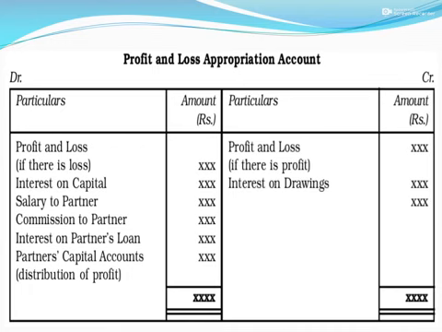One more thing we have to keep in mind, interest on partner's loan. We have to treat it in two ways. First, we can subtract it from the net profit on the credit side. When you are showing the net profit by net profit, in the inner column only we will subtract the partner's loan interest from that. Afterwards, we will show the net profit in the outer column.